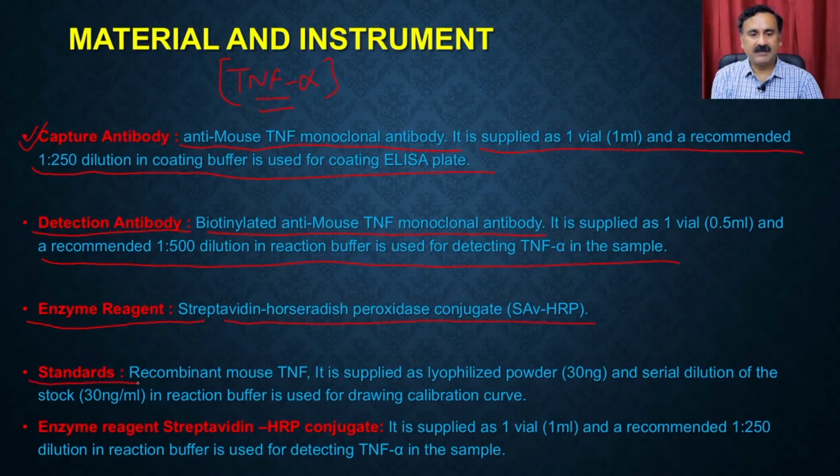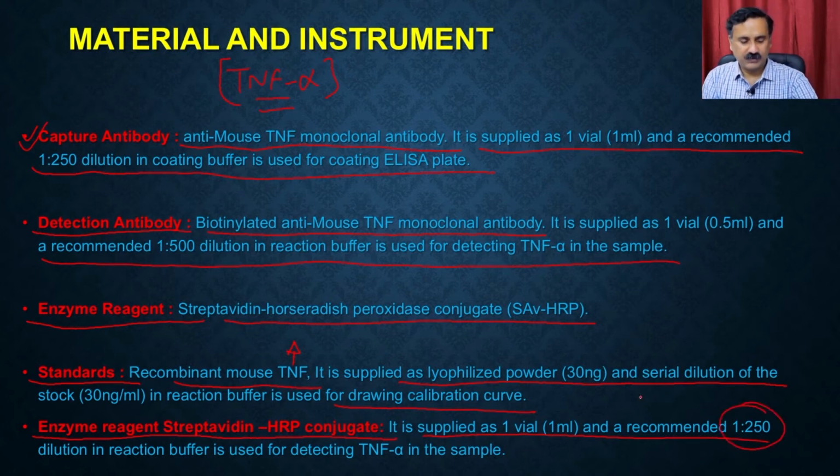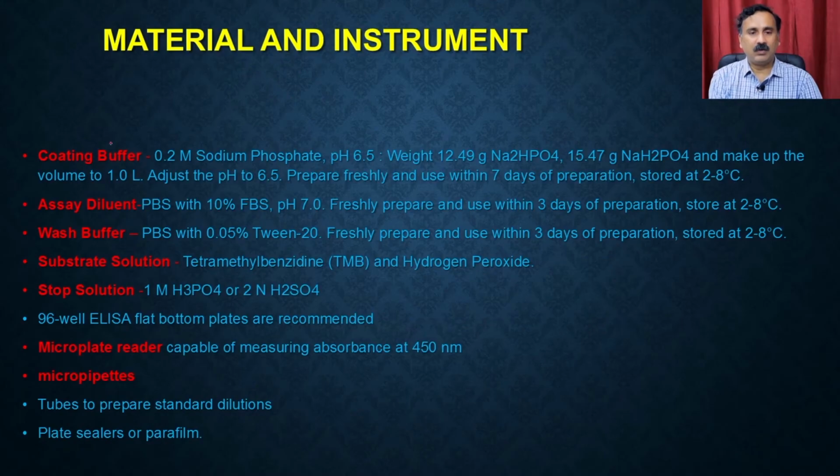Then it requires the standard. In this case you require the standard recombinant mouse TNF alpha, and that is also going to be supplied as a lyophilized powder, and that can be used to draw the calibration curve. Then you require the enzyme reagent streptavidin HRP conjugate, supplied as 1 vial, and you can use a 1:250 dilution. Then you require the coating buffer, the acid diluent, the wash buffer,